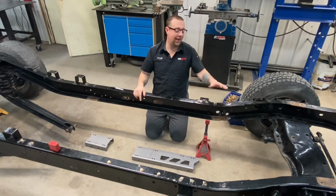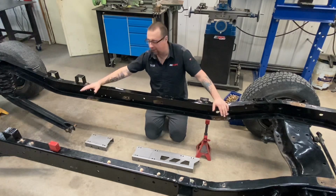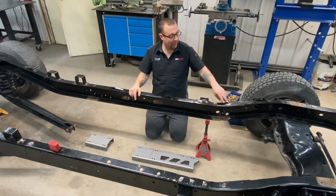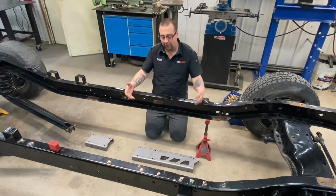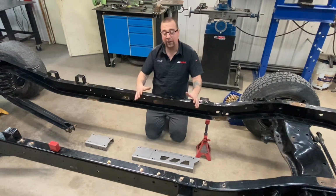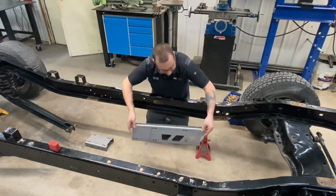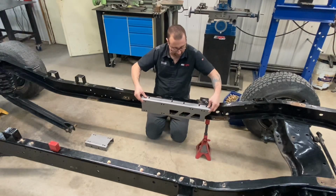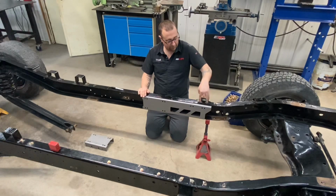Okay, so we've already gone ahead and removed the factory transmission cross member and trailing arm cross member by grinding or cutting the heads of the rivets off and punching those out. Now we have to install the inner C-channel plates that are the mounting location for the frame bracing kit. To do so, these plates simply slide inside the frame,